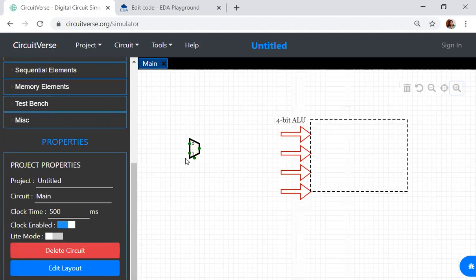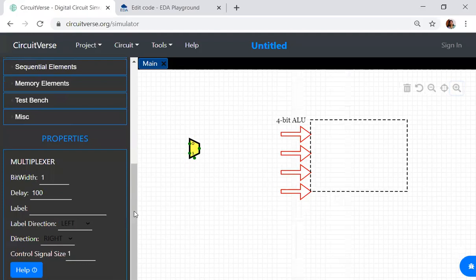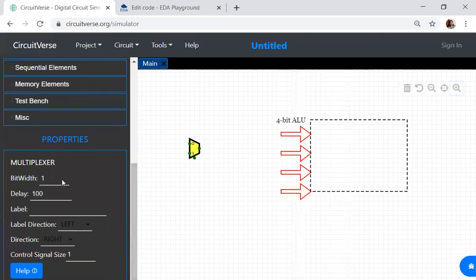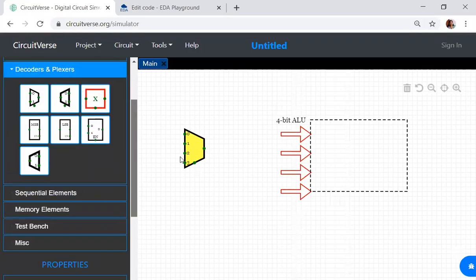How many select lines do we have? We'll be having 2 select lines. So here I can increase it to 2 select lines, and only one output I'll be getting.